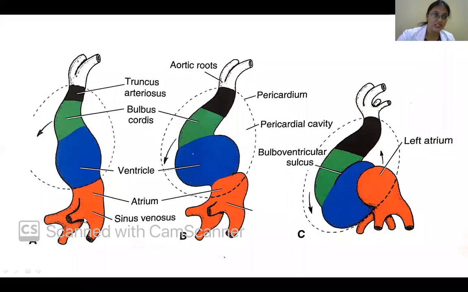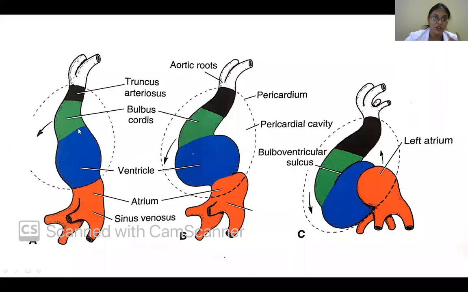Then when you look at this, you can see the names are given for the expansions and the constrictions. So this part here is the sinus venosus, which is going to receive the venous blood. Then after this, sorry, I skipped the primitive atrium. So the sinus venosus goes into the primitive atrium. Then if you remember the heart, the pulmonary veins and the vena cava all drain into the primitive atrium. Then this primitive atrium is the entry point to the ventricle. So this is the atrioventricular orifice, between atria and ventricle. And then here, this is the primitive ventricle.